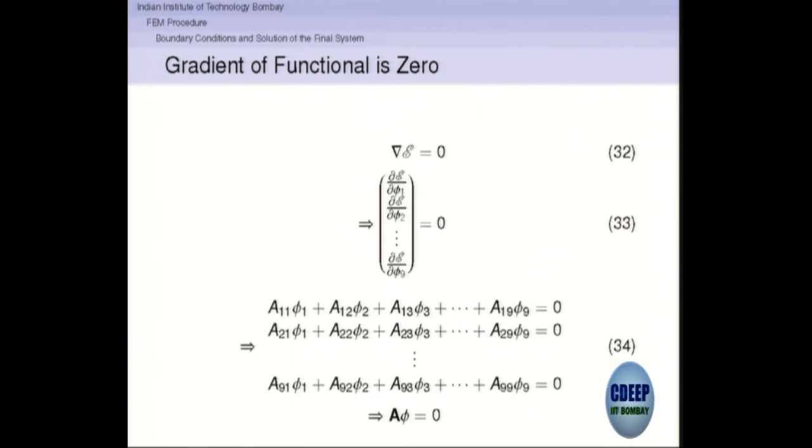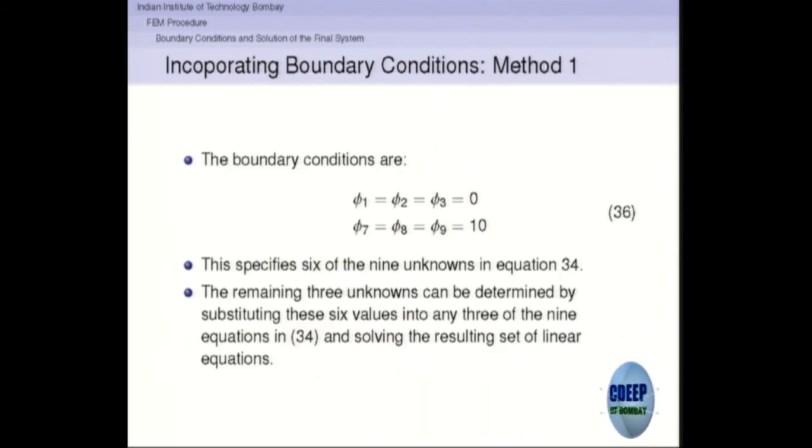Ax is equal to 0, in fact, has an infinite number of solutions, right? So what you need is a non-zero thing on the right-hand side, and that will come only out of the boundary conditions. So when you impose these boundary conditions, that phi is 0 on the bottom plate and phi is equal to 10 on the top plate.